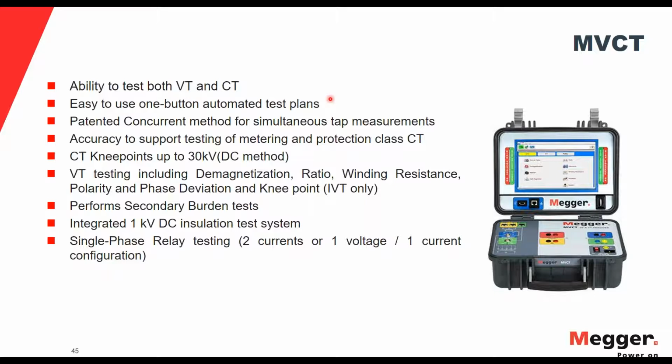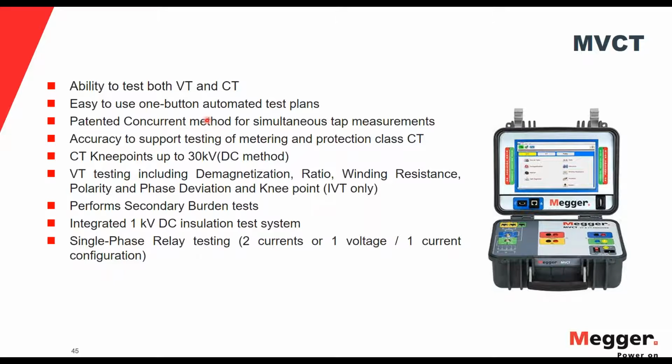You just put in the nameplate data and it will choose the parameters for testing automatically for you, and also give you the patented concurrent method where you test simultaneous taps. And I do emphasize the word taps, not cores. You cannot test multiple cores at the same time, only multiple taps simultaneously. When you have multiple cores, you need to short the other cores to test the first core. But if you have multiple taps on that core, you can test all of them at the same time using